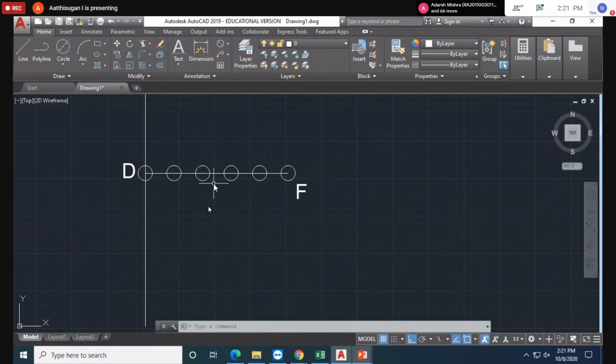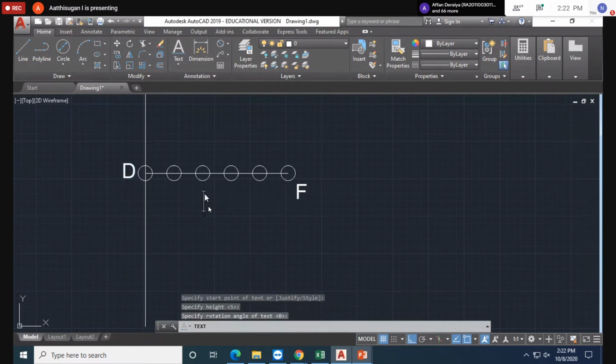So 3/2, so 3 is 30 mm. Imagine 30: 1, 2, 3. This may be your vertex point, so mark this point. This is the vertex point, this is the focus point, and this is the directrix.